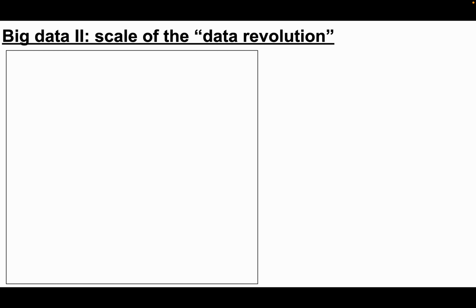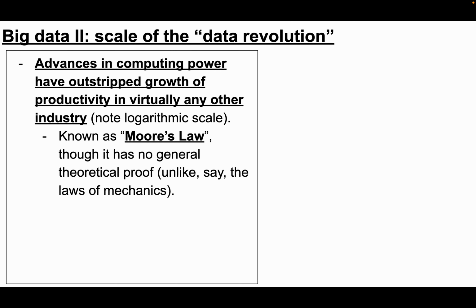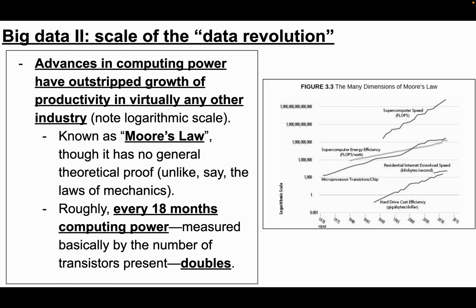So I want to first give you a bit of a sense of the scale of the data revolution. Advances in computing power have outstripped the growth of productivity in virtually any other industry. I'm going to pull up this graph here. This is known as Moore's Law, and Moore's Law says, although it's not a theoretical law, it's just a generalization based on an article in a computer magazine from the 1960s, but it's turned out to be true, that roughly every 18 months, computing power, which is measured basically by the number of transistors present on